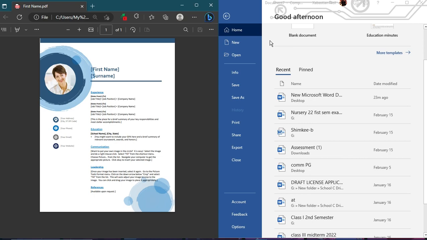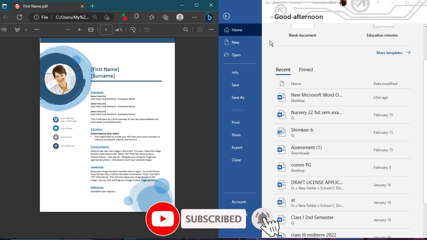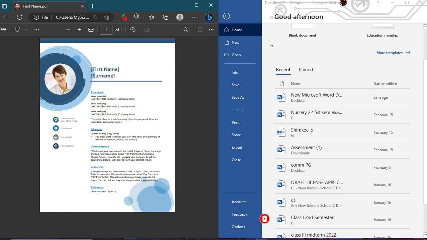In older versions of Microsoft Word, it is sometimes not possible to convert from PDF to a Word file, because those older versions of Word do not have that kind of capacity, so people have to use third-party software or maybe online ones. But in the newer versions of Microsoft Word, you can literally drag